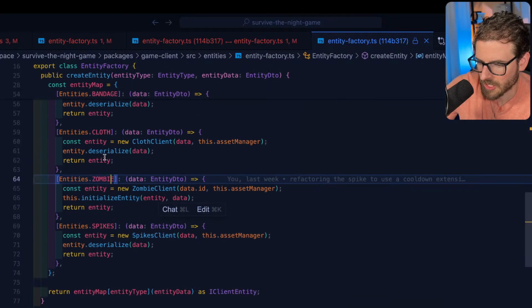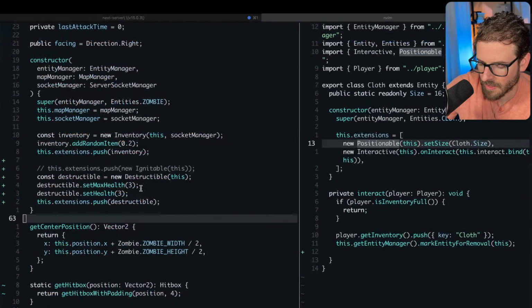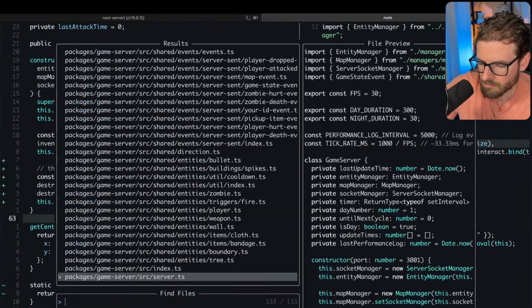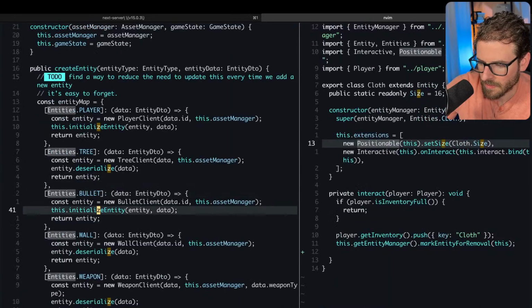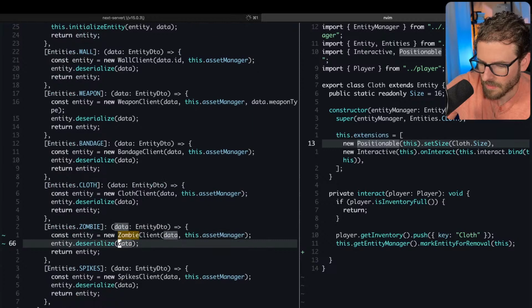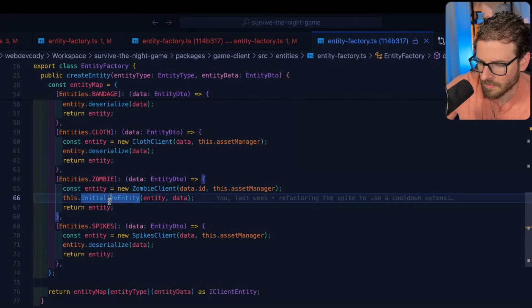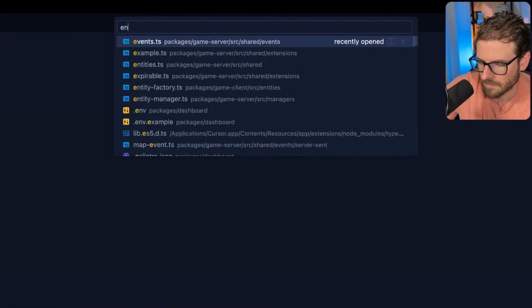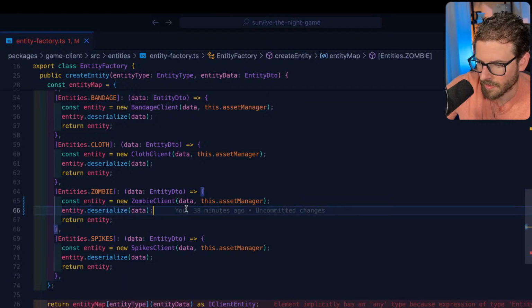That's the issue. I didn't change it to deserialize. Is that what's going on? I thought I changed this. I thought I updated this. Deserialize, yeah. I think I have a lock going on. Okay, there we go.